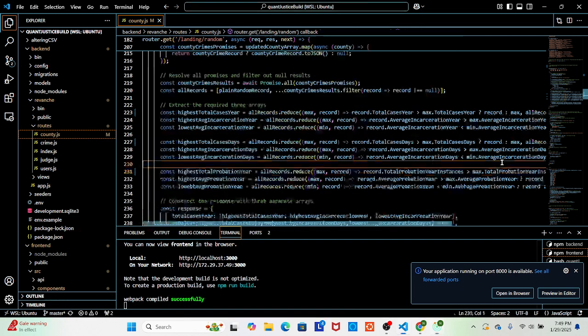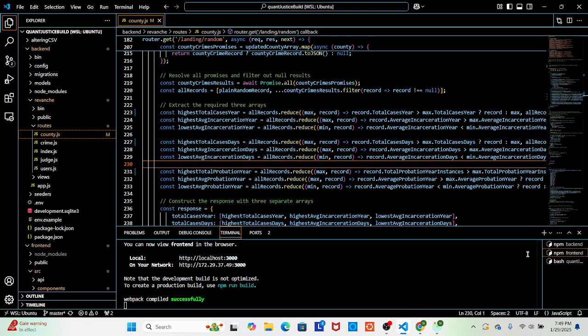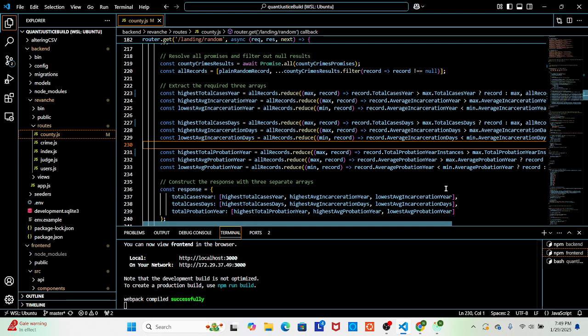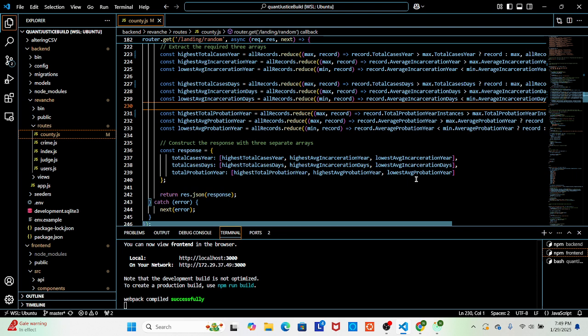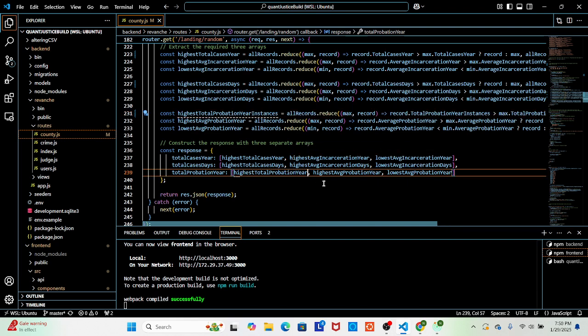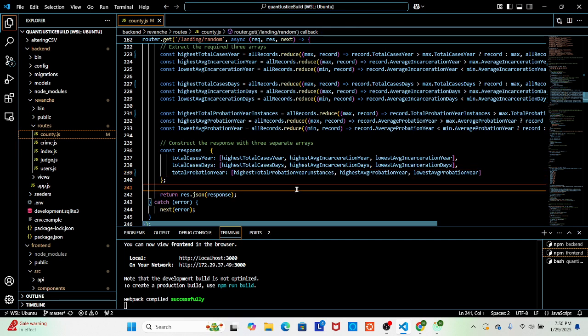That part's good. Okay, so I think it was just that capital letter. Total probation year. I'm just going to spell these instances out to avoid shooting myself in the foot if this is ever wrong. Total cases days. This is okay.